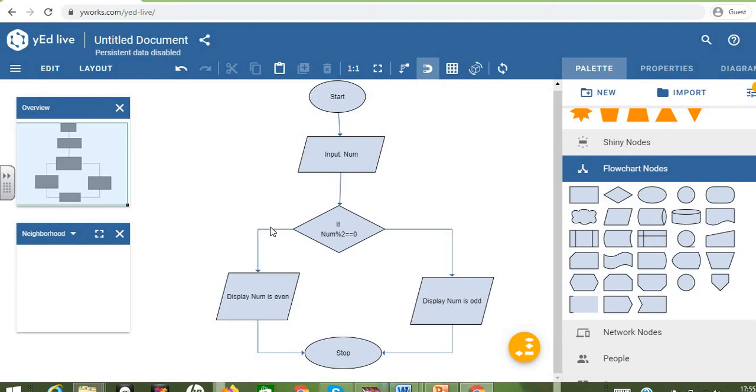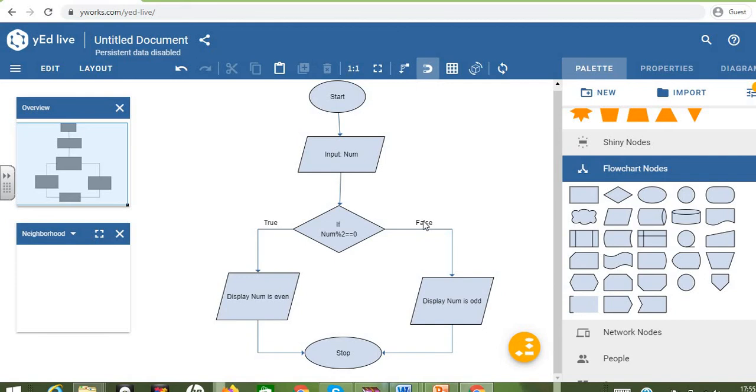If the condition is true, so I need to represent this is the true condition. So if I double click, you can see the label over this edge. Again, double click this side, and this is the false condition, right? So if I want, I can move it above this line also, right?